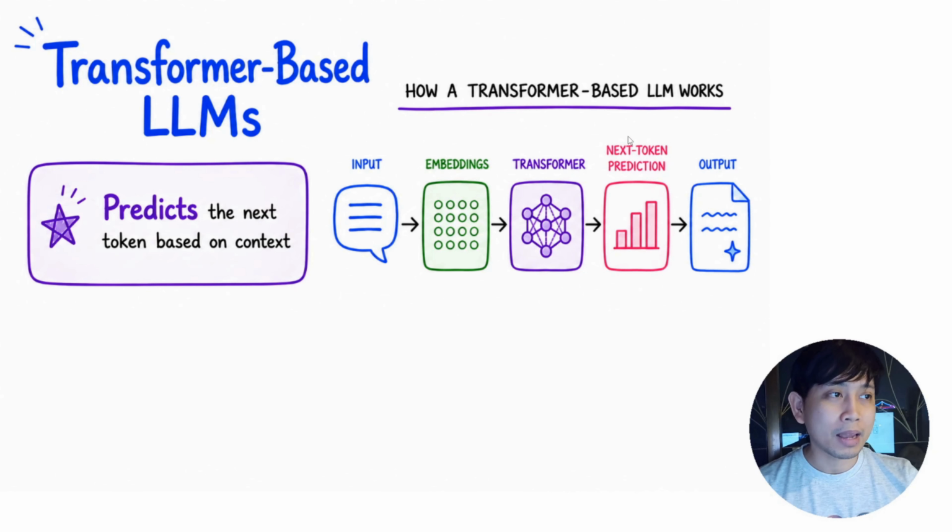The scores will then pass to the next prediction layer, which is the layer that determines which token is actually the most likely to come next based on everything that came in before. Once the token is selected, it will get appended to the growing response. Then the entire process will repeat again and again, token by token. This means that the LLM is not writing the whole paragraph. Instead, it's continuously predicting the next token based on the context.